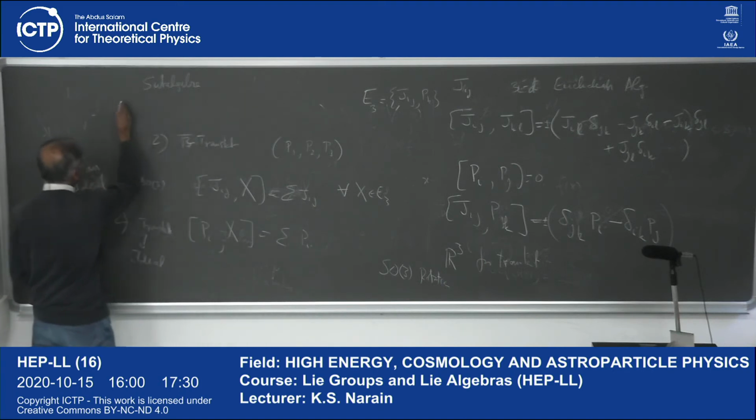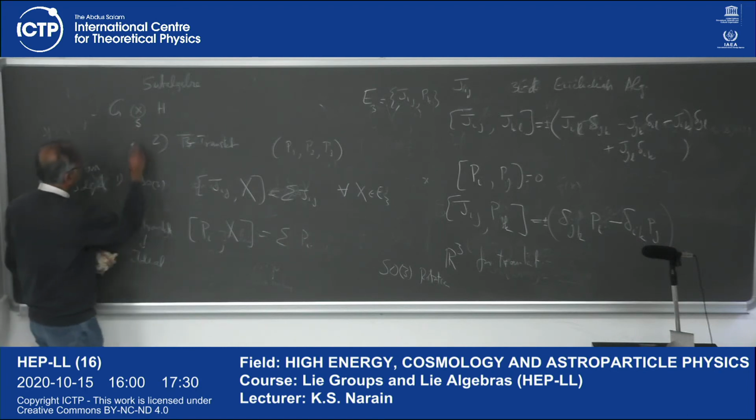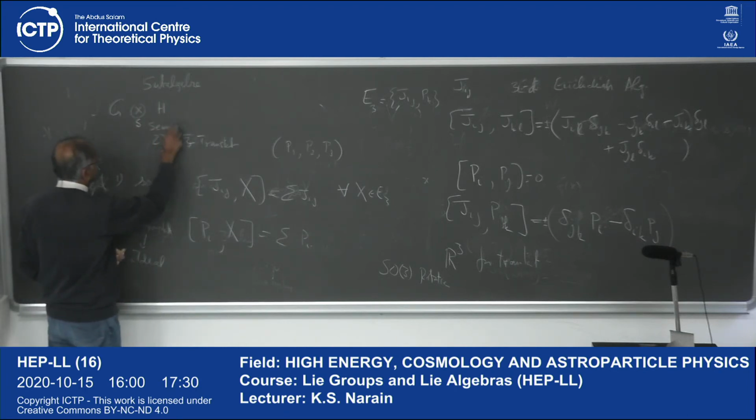If I have some group G and another group H, and I want to take the semi-direct product, let me put S to indicate that this is a semi-direct product. I'm sure there's some symbol for it, but I'm just using this to mean semi-direct product. This can be defined provided